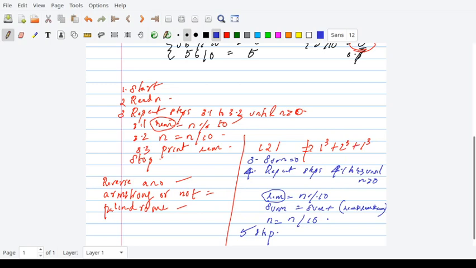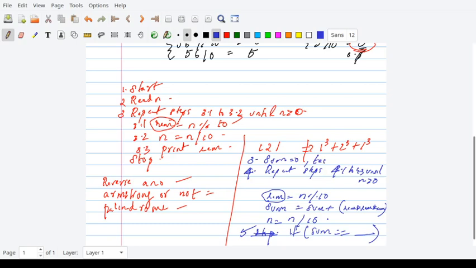Once you have the sum, we can check whether sum is equal to your number. But what is the problem? You have divided your number and the number has become equal to 0, so you have lost your number. So you will have to save this number into some other variable before going into the loop.